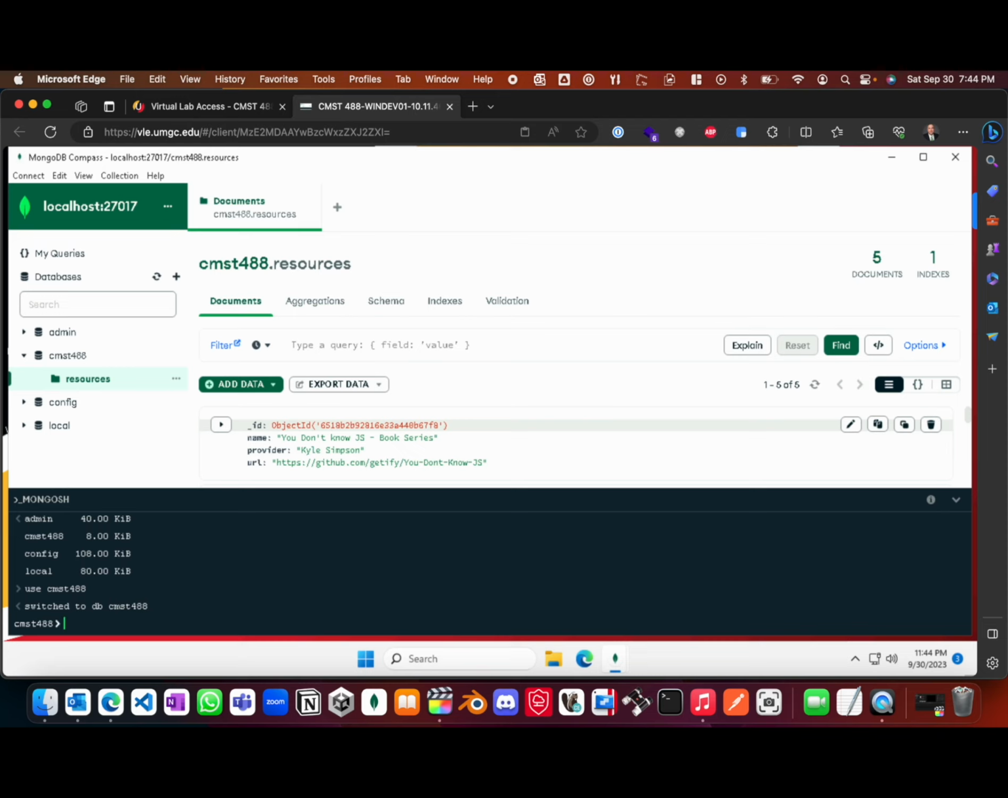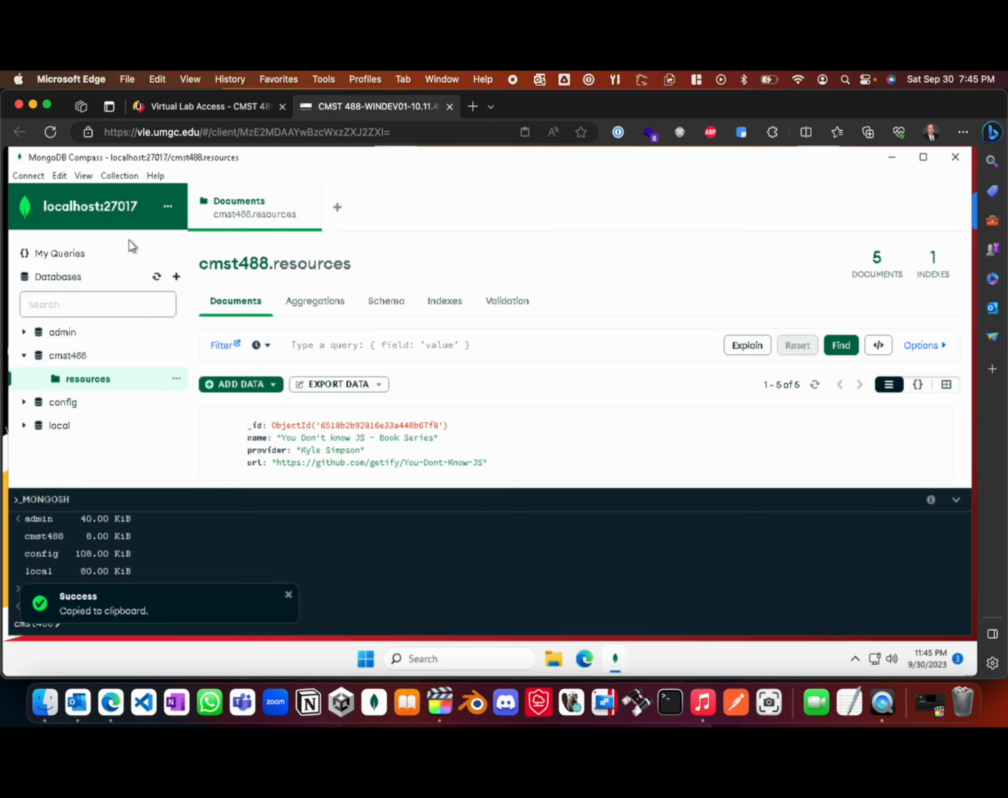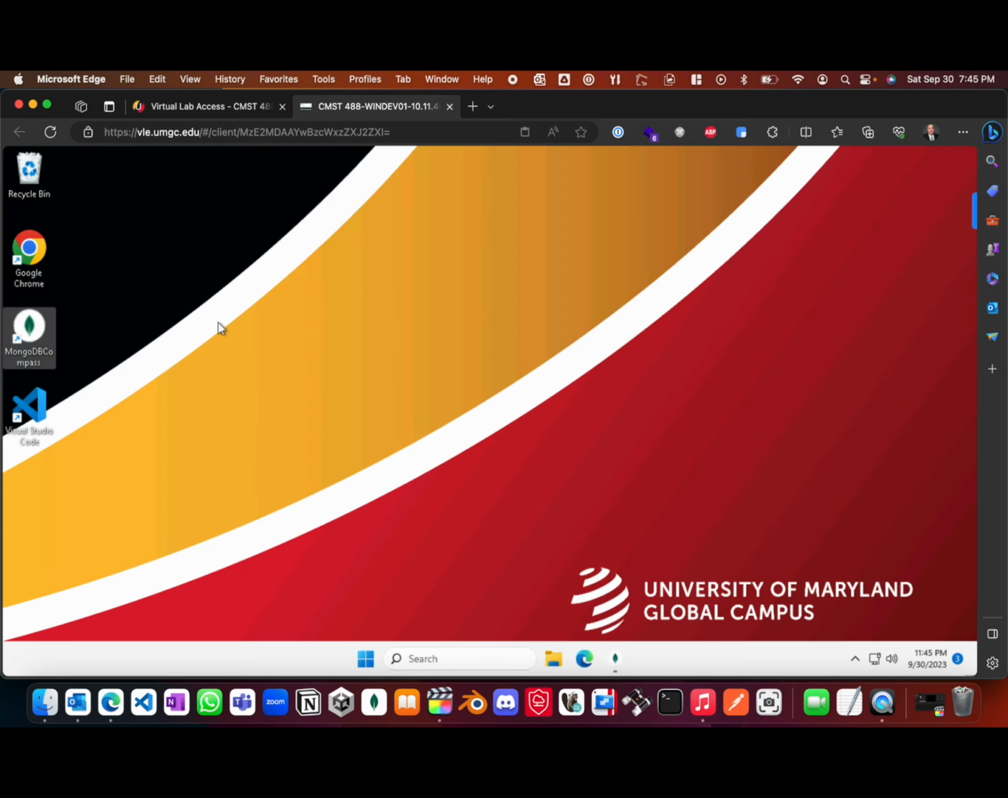For Project 4, you will need to use the connection string, which can be retrieved from the top left-hand corner here. In order for this connection string to work in the lab environment, you may need to substitute localhost with 127.0.0.1. To give you an idea what this might look like, I'm going to go ahead and minimize this and